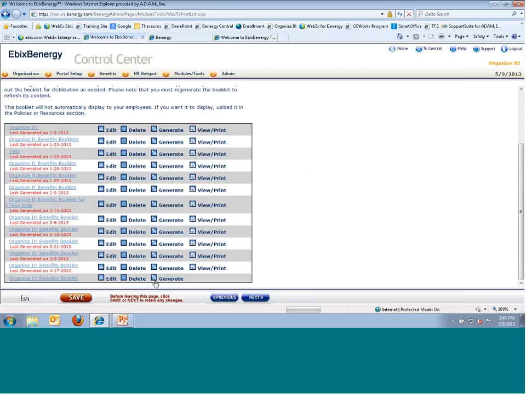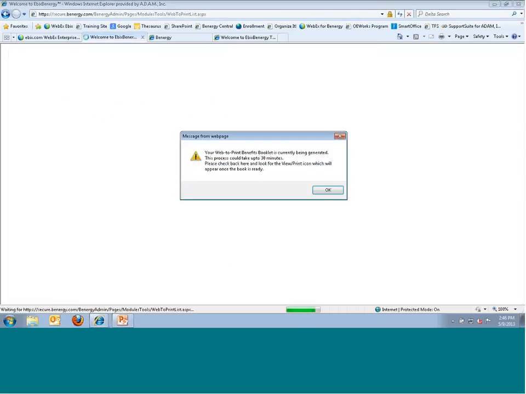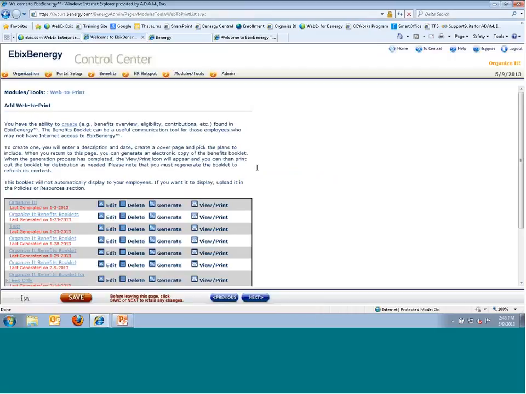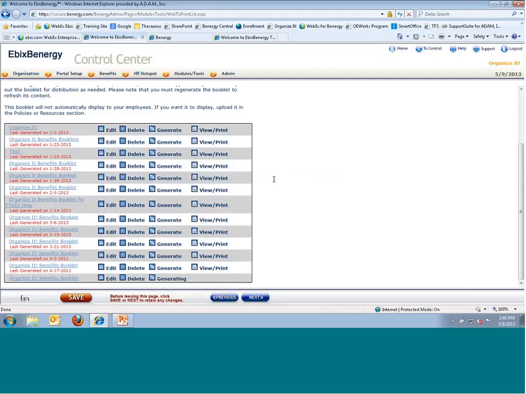So you would select this icon to the left of generating, gives you a little message, even scares you by saying it could take 30 minutes, but in all the years I've been here, it's not taken anywhere near 30 minutes. It's usually a minute or two. But again, depending on your organization, you could have 50 user groups and lots of medical plans and dental plans, and so this document could be quite huge. So it could take a while, but I've never seen it take 30 minutes. But anyway, we're going to come back again and readdress this, give this an opportunity to generate,